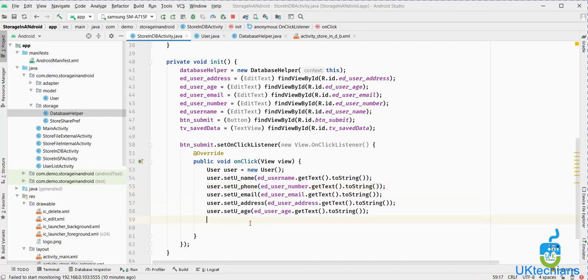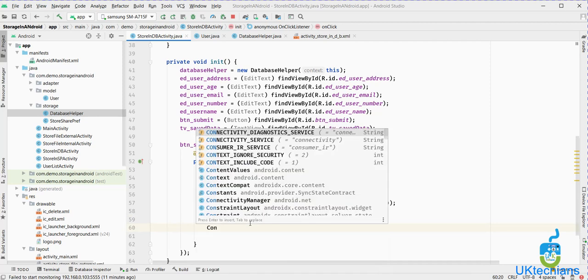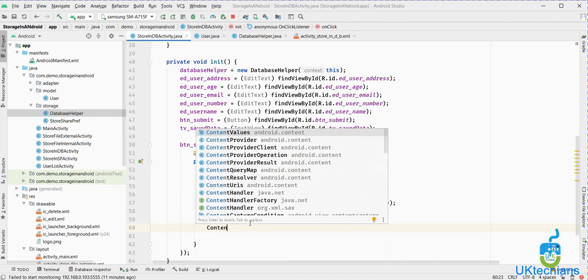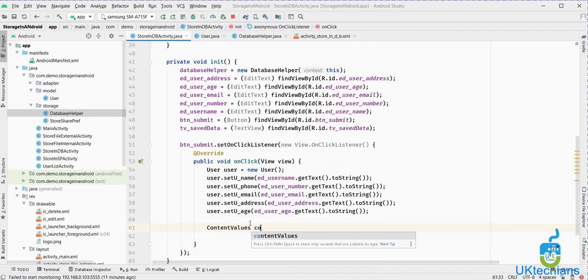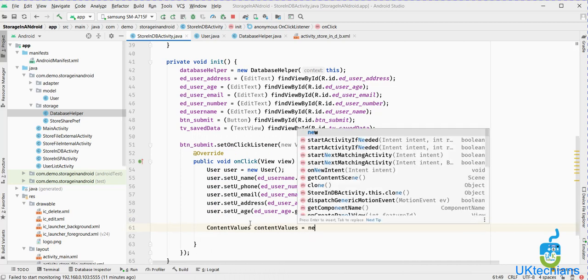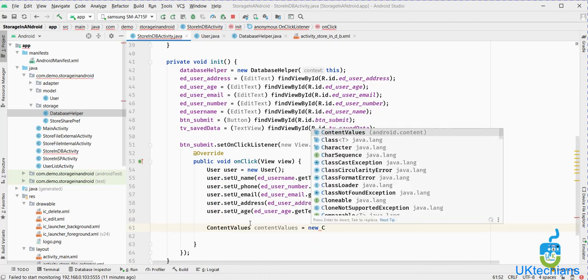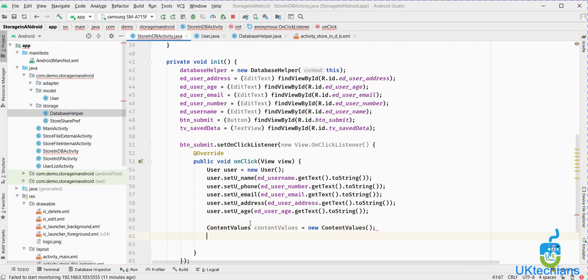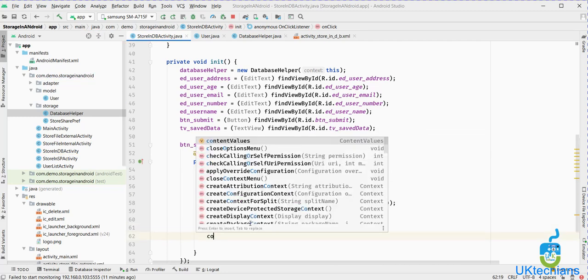So now we have created an object of a user and set the values to the user object. Now what is the last step here, we will create the content values object and pass these values to the particular column, right? So we will say ContentValues equals new ContentValues. It works as a hash map, right?